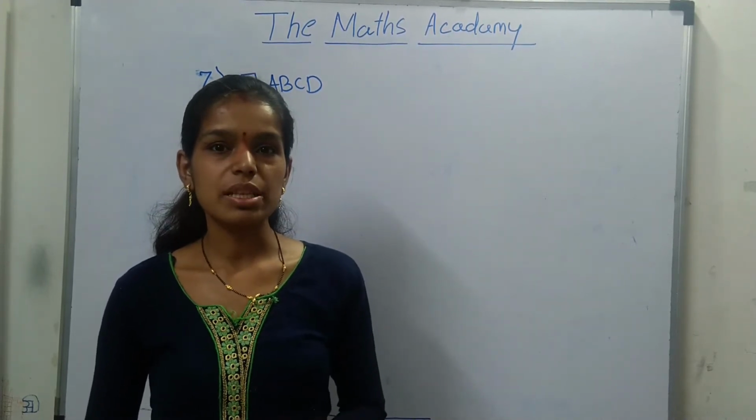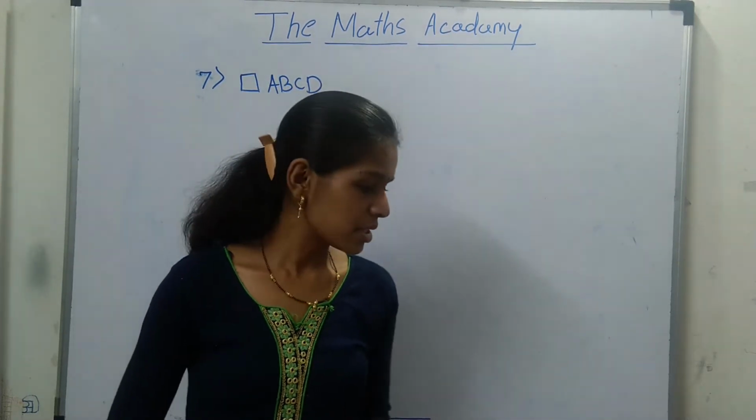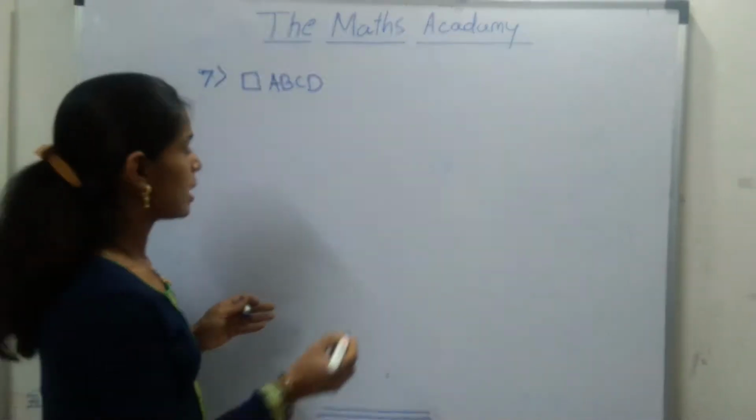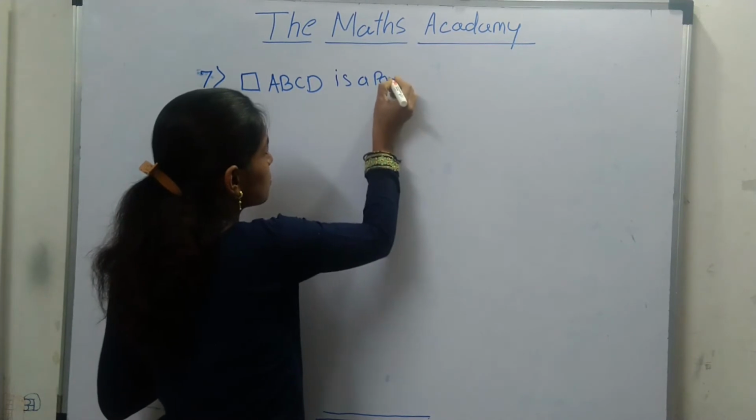That is question number 7, 8, 9. Okay, 7 and 8. So let's go towards the question number 7. What is given in the question number 7? Here you have given that the quadrilateral ABCD is a parallelogram